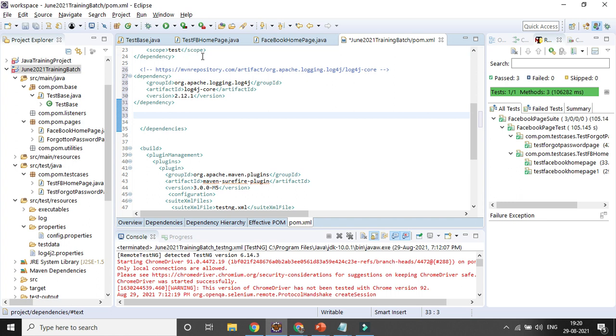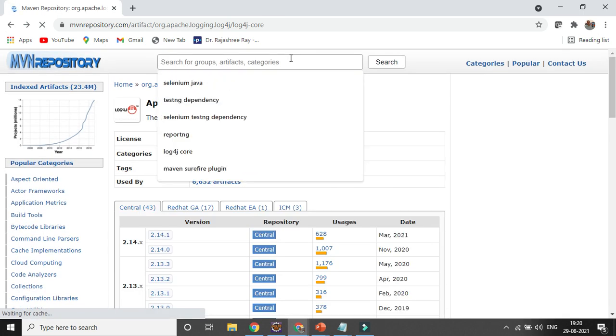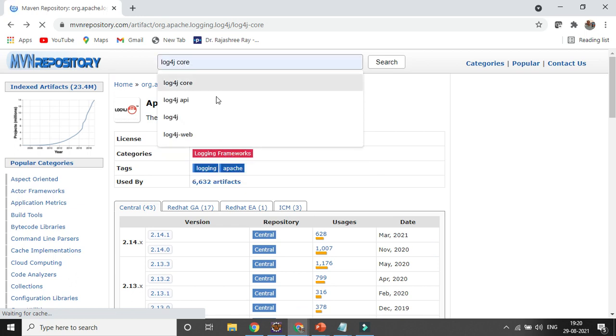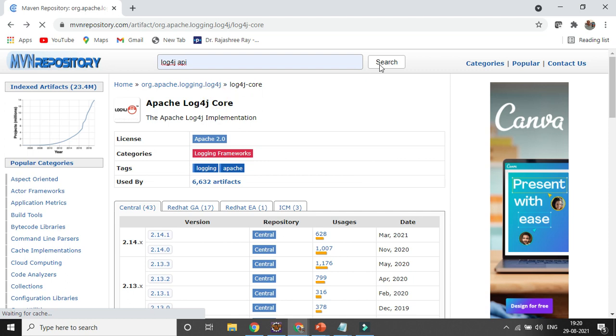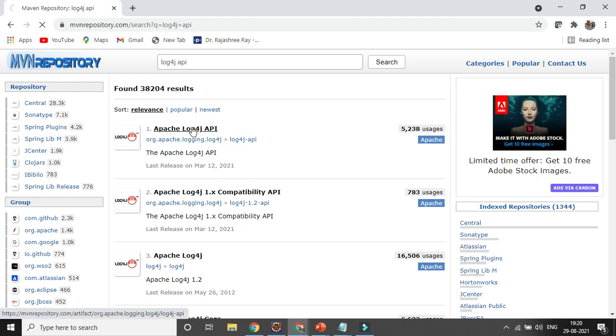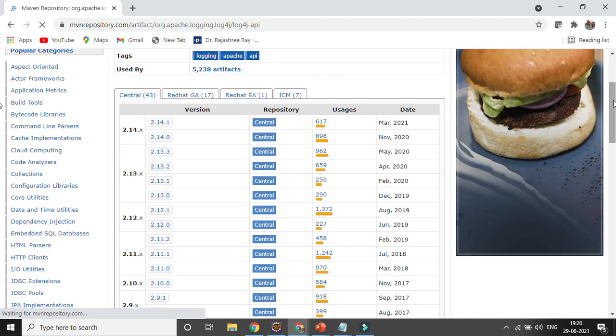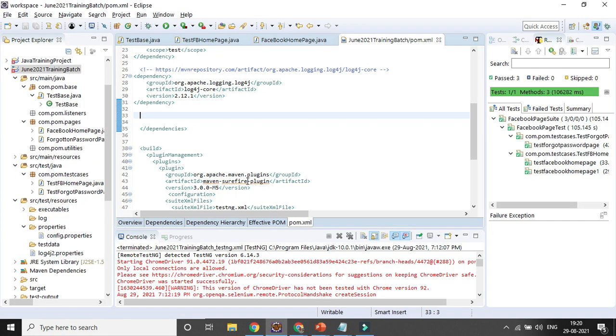Another dependency you need to add is log4j API. If you go back here and type log4j API, that is the dependency you need to add before implementing the log4j. The same version you also need to add. Make a note that whatever version I have used here, it is 2.12.1.